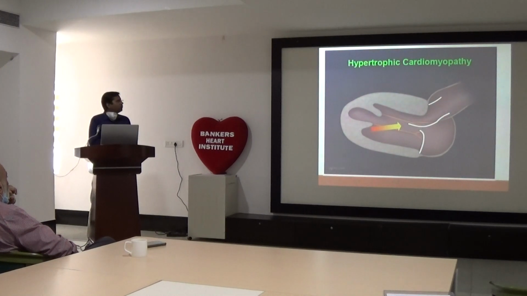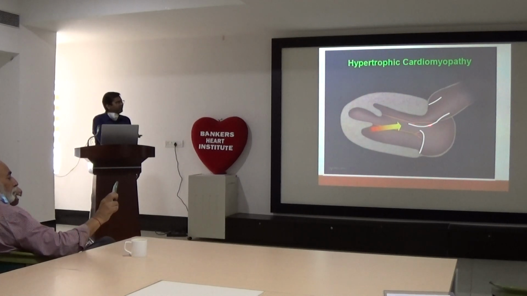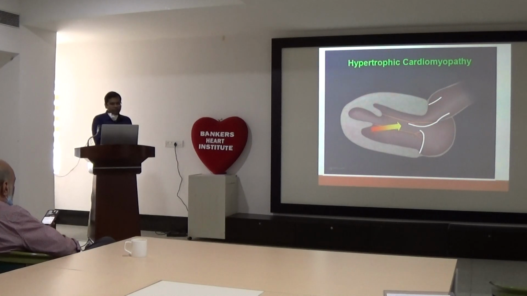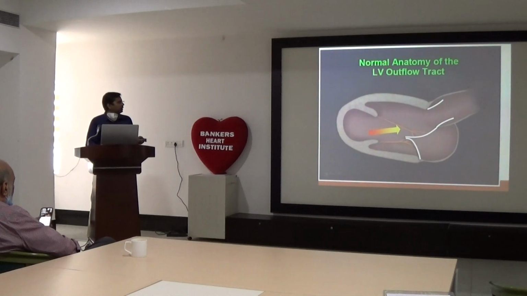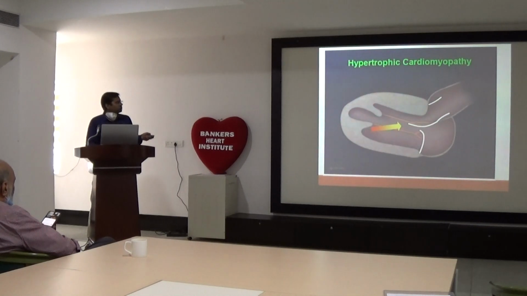But in case of hypertrophic cardiomyopathy, this elongated anterior leaflet leads to dynamic obstruction in the left ventricular outflow. Here we can see the LV cavity is also small, and the vacuum effect or the pressure effect or mitral valve anatomy, any of these leads to the obstruction of the LV outflow.